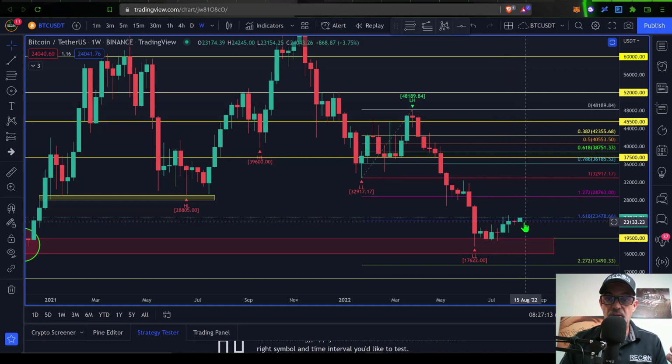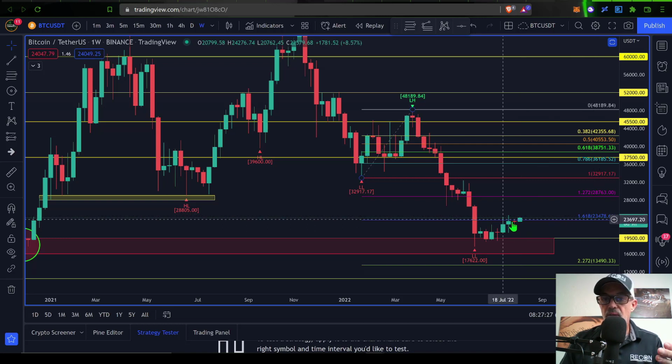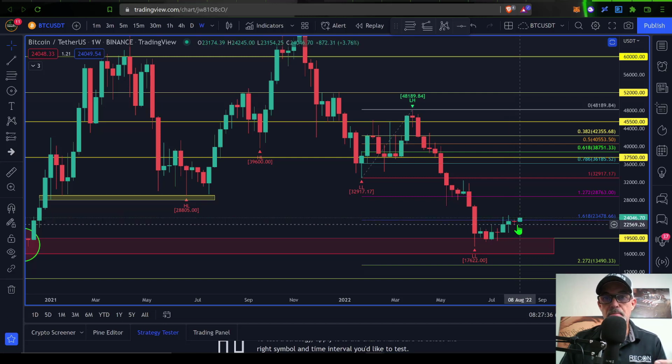Now, today's candle, albeit it's only Monday, so it's very early in the week, has pushed once again above the 1618 level, or that 23,500 level, but you can see the previous three candles did at one point push above, most of them early in the week, only to retrace back. So if the buyers are actually ready to step up and push Bitcoin's price higher, the next target we could be looking at would be